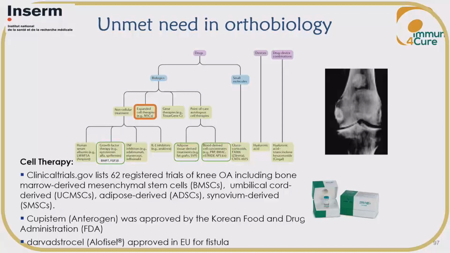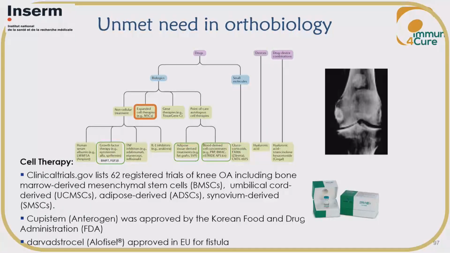And today there are some options, including options in orthobiology, using PRP, a combination of hyaluronic acid and PRP and others, and we also have the option to develop cell therapy. It can be a chondrocyte-based therapy or stem cell-based therapy, and there have been in the past years a lot of initiatives and clinical trials, and I will share some of them with you. Just to know that in Korea, one of these products has been approved for osteoarthritis. And in Europe, Alofisel has been approved, but for fistula,